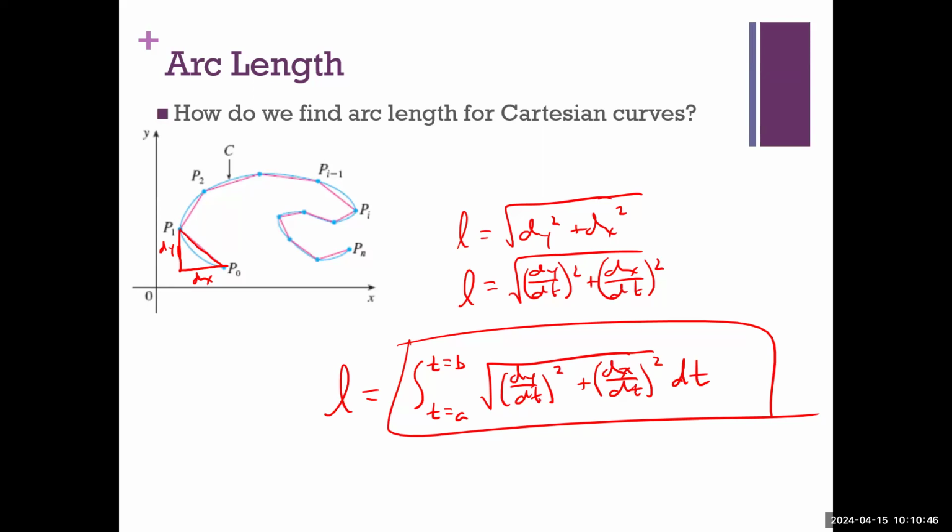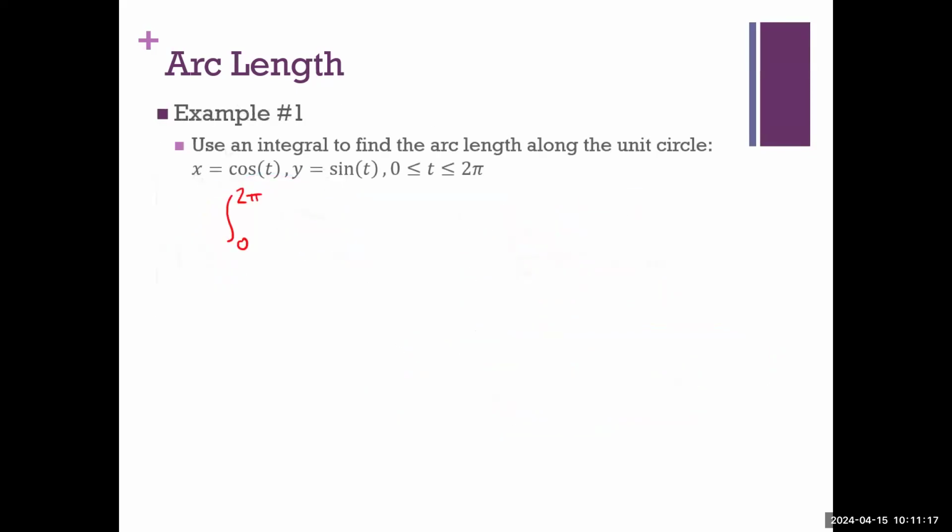for parametric curves. So at the very tail end of class on Friday, we derived this. We basically derived how we find arc length for Cartesian curves defining y and x. But basically it's the integral of this square root here: the square root of dy/dt squared plus dx/dt squared over whatever interval is appropriate. So this is the setup, and I think we started talking about how to set this up for